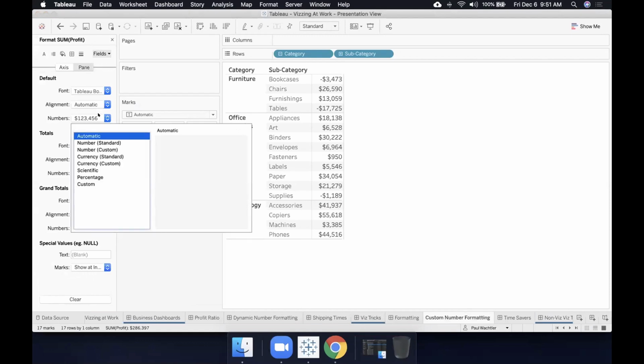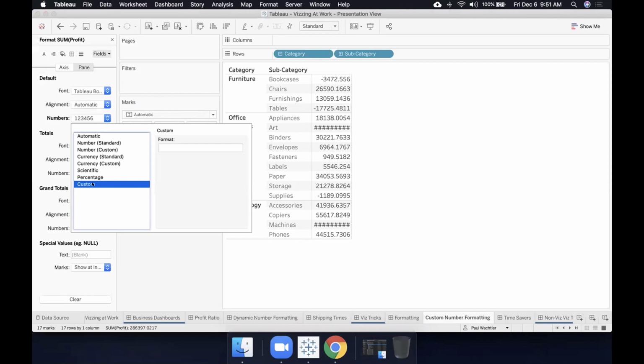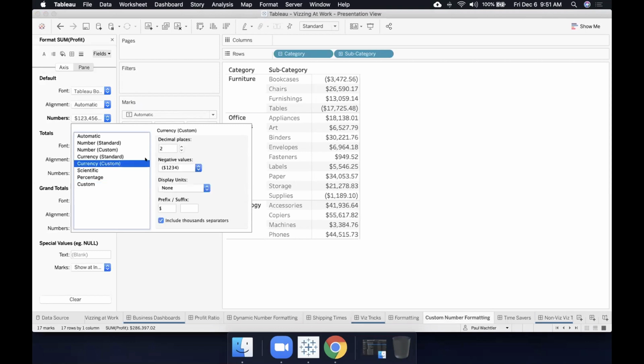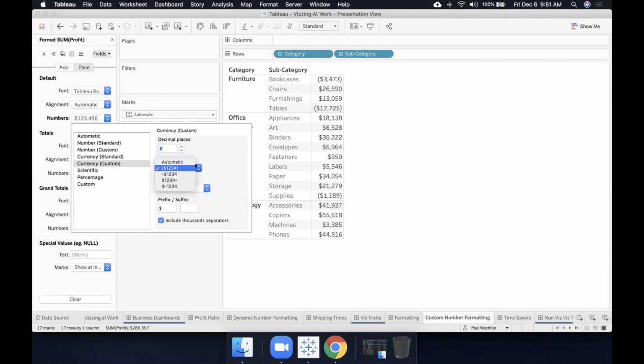So when I come in here to the number formatting, you'll see it's formatted automatically right now. And this is the default number formatting for the profit metric. What I want to show you is in this custom menu down here. However, if I just click on custom, you notice there's not anything here. So before I click down to custom, let's click on currency custom. Let's make it to the same formatting that it was before. So I'm going to remove the decimal places. I'm going to put the negative sign back in there. And now you'll notice when I jump over to custom, it's actually filled in some things here.